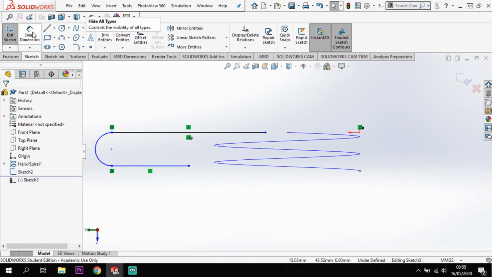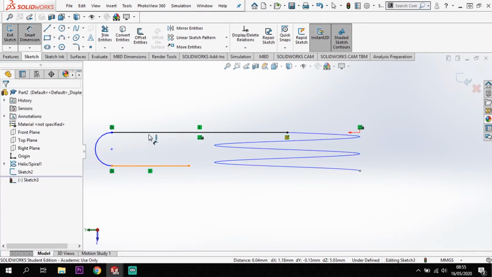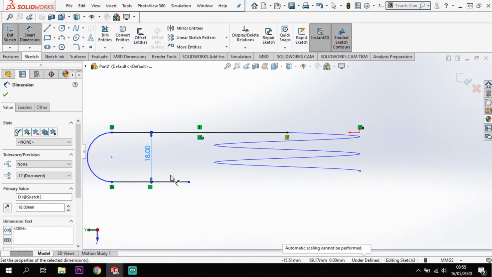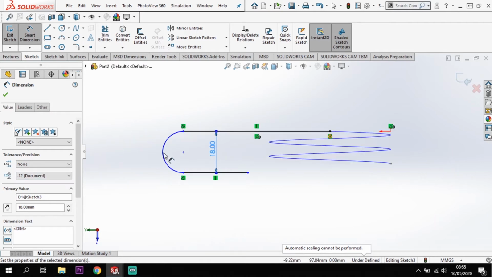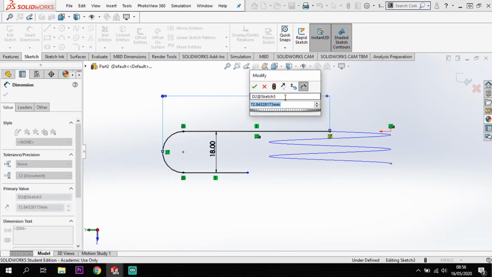Okay. Right, so first thing I'm going to do again is pierce this to this end of my spiral, pierce to that. I'm going to set an offset distance between there and there of 18, this being the center of my path around. And then with that offset distance of 18 in there, I am also going to have a vertical height up here, so from the top point of my arc there, down to where I connect to my spring setup, I'm going to have a distance there of 211.5